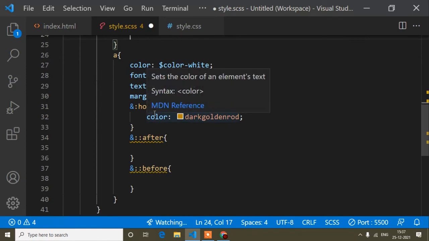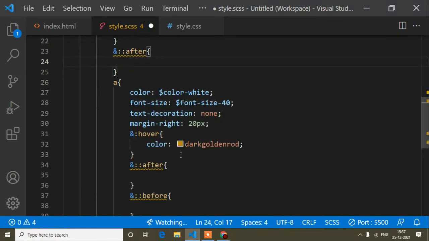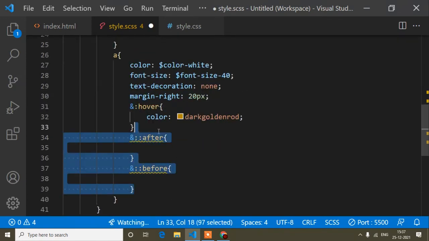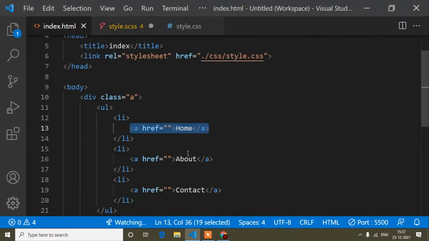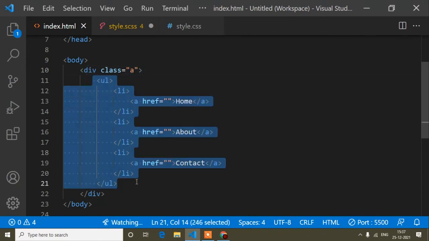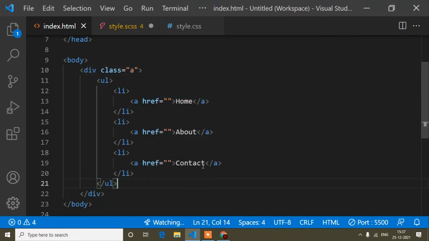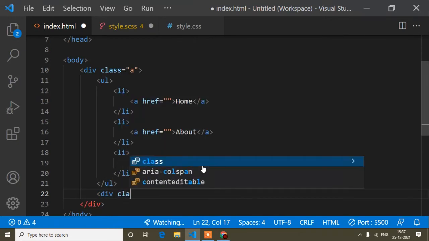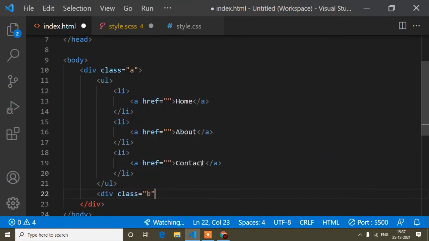Okay, I hope it's clear. So now guys, suppose I'm trying to make everything clear. Suppose this is a class, there is the ul li, this one. So inside this a class I have another class also, b. Okay, and here its content is hello.